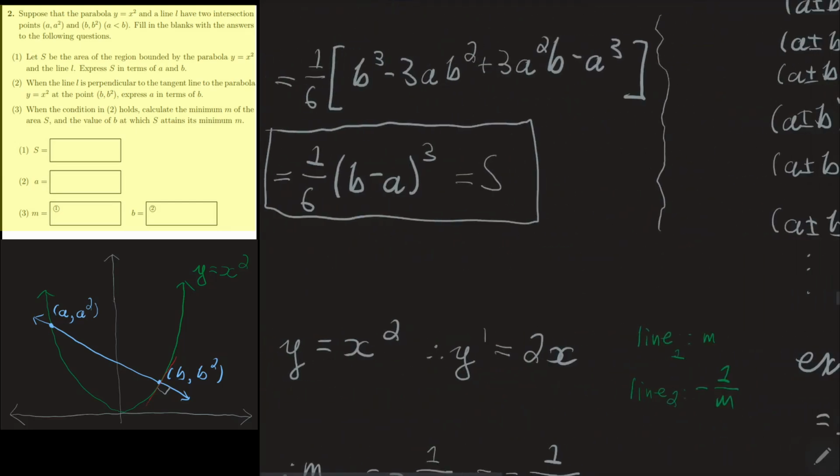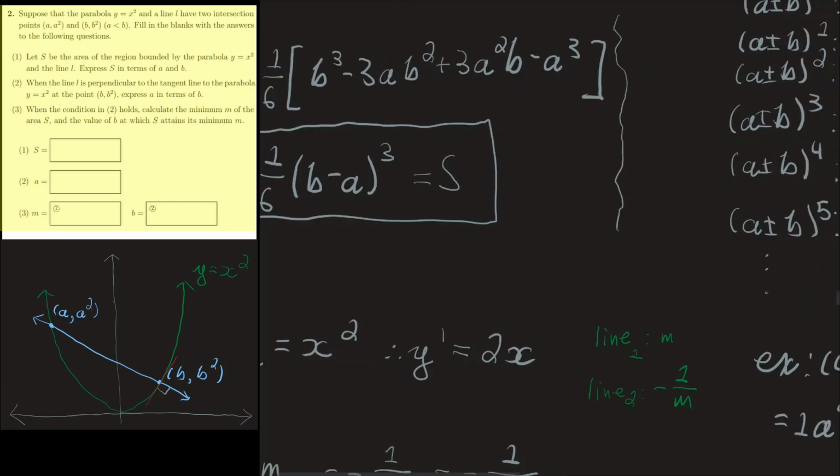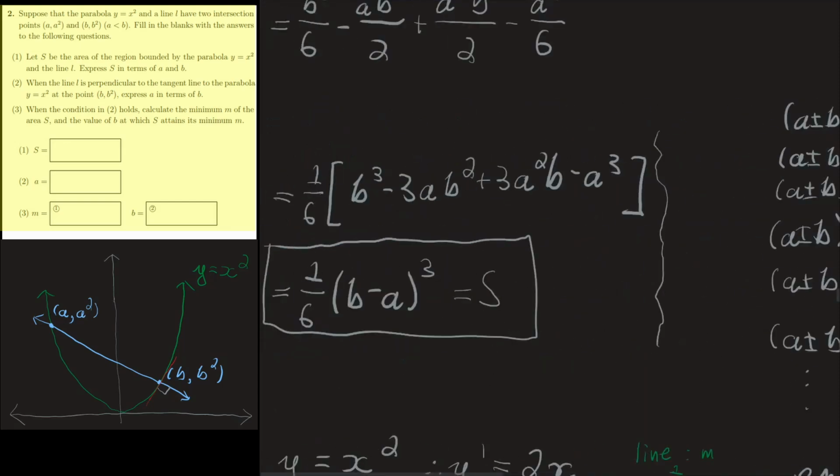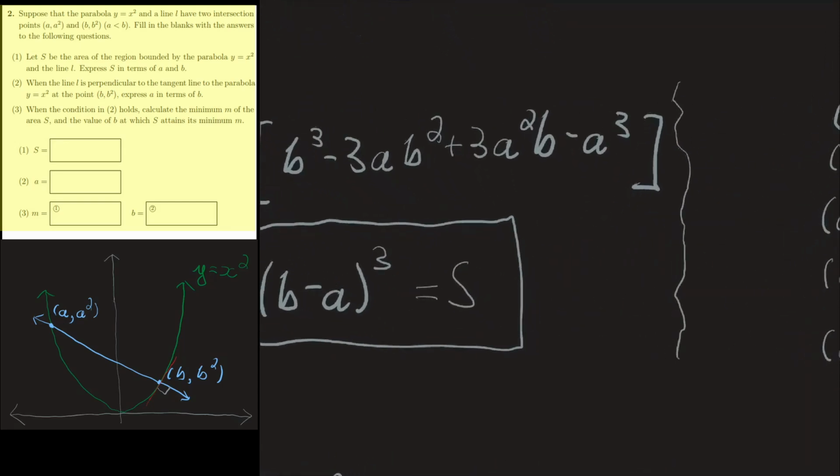Okay, and so now going back to our question. Unfortunately, I don't think there's any systematic way to realize that this expression simplifies to b minus a cubed. You just need to recognize it. But hopefully my explanation about Pascal's triangle, which is what this thing over here is called, can help a little with that. Anyways, we just found the answer to the first part of the question, so now we